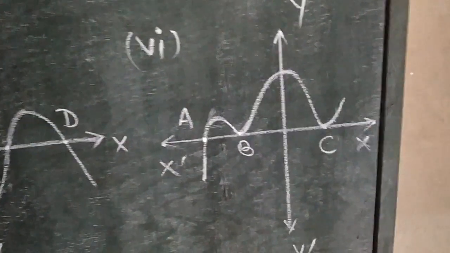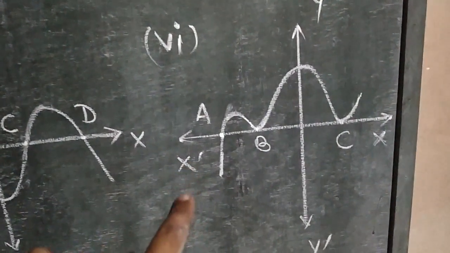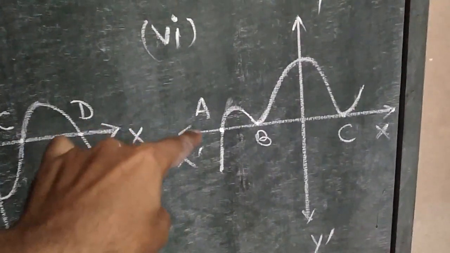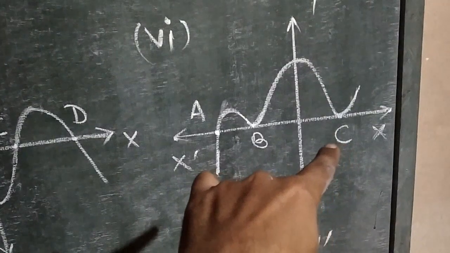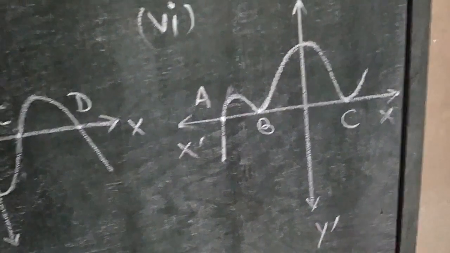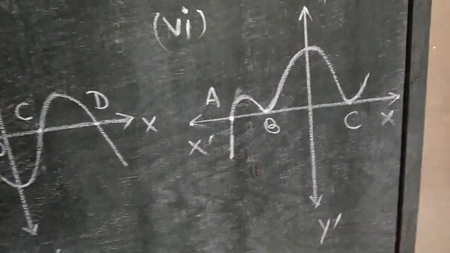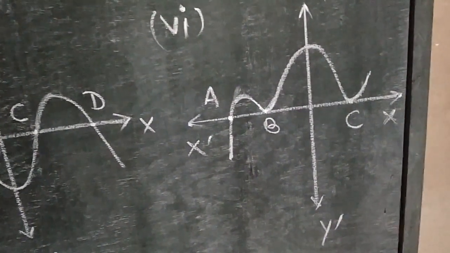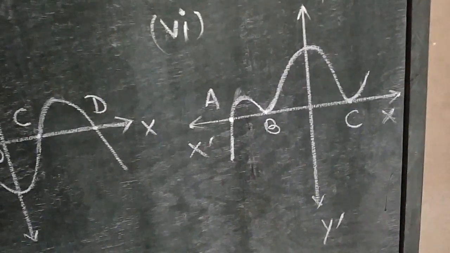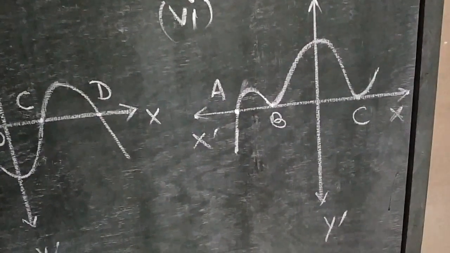Now in the sixth graph, the curve of the polynomial intersects or touches the x-axis at 3 distinct points. The first one is A, the second one is B and the third one is C. So there will be 3 zeros of the polynomial. So what is the concept of geometrical significance of zero? If the curve intersects the x-axis at one point, then it will have 1 zero, 2 times, then it will have 2 zeros, 3 times, then it will have 3 zeros, or more times, then it will have more zeros. But if it does not intersect the x-axis at any point, then it will have no zeros.